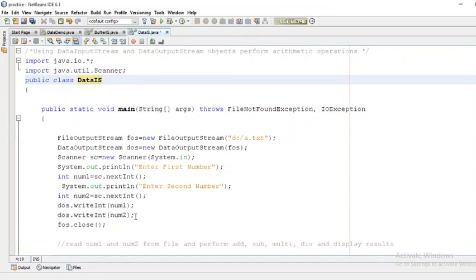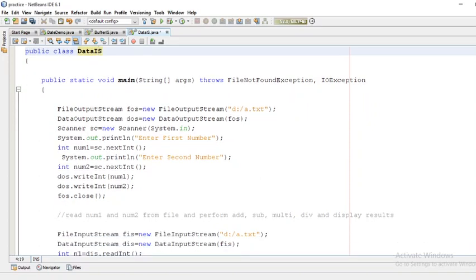So both of these numbers we have saved to file a.txt, and now we are closing the object of the FileOutputStream class, that is fos.close. The file is closed now. These two numbers we have saved. Now we have to